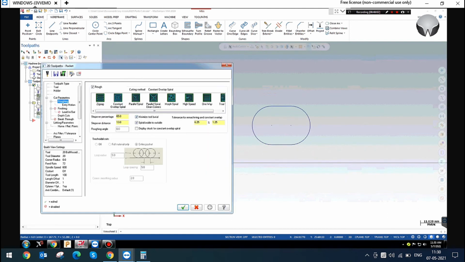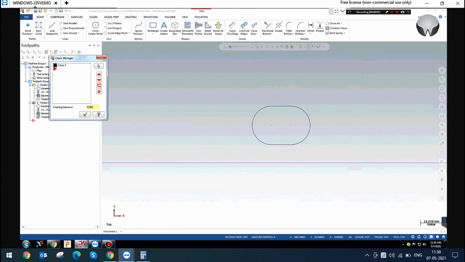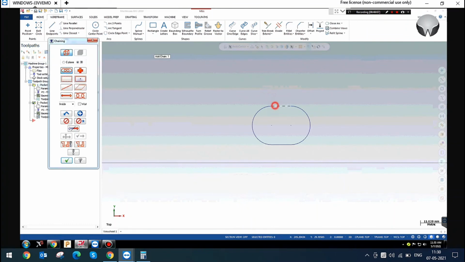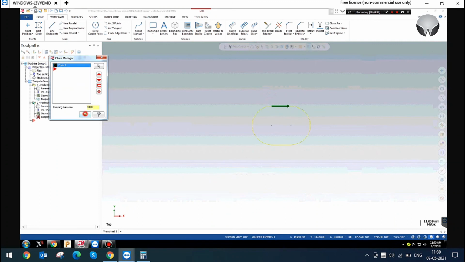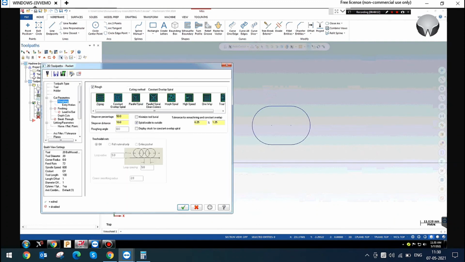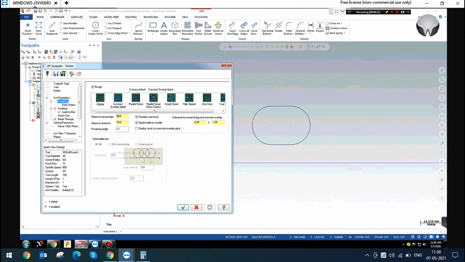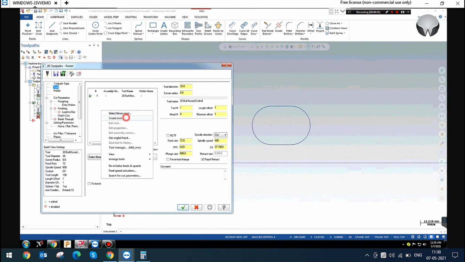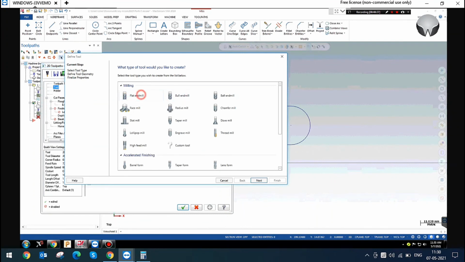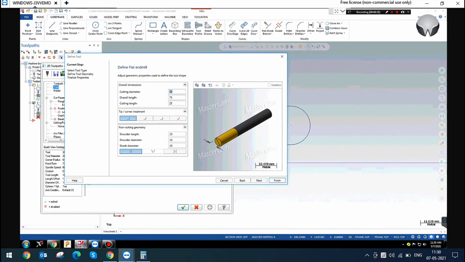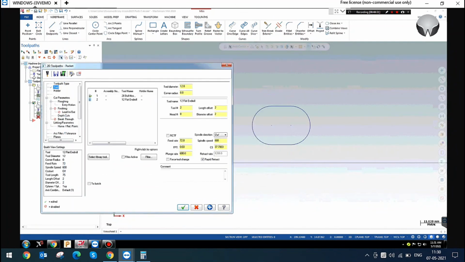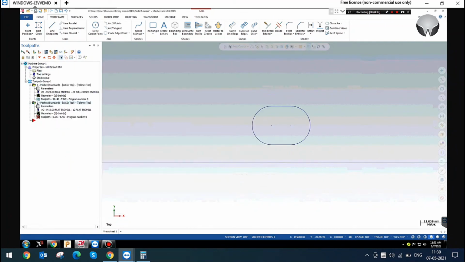So in this Pocket, if you enable this, in high speed machining, there is an effective option for tool burial.